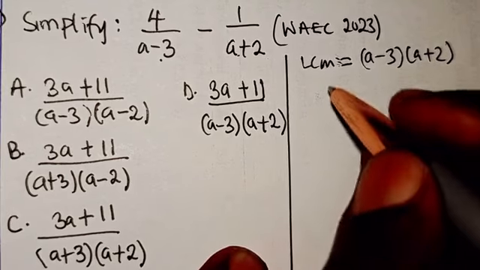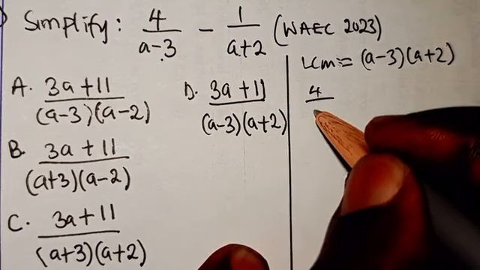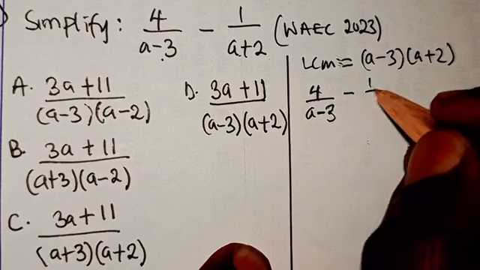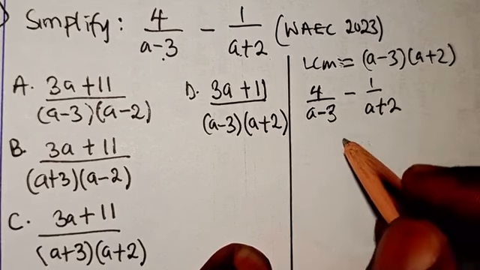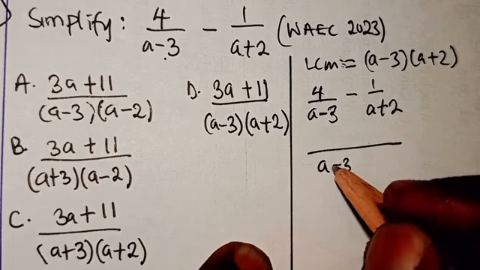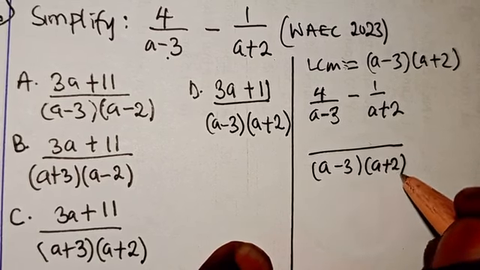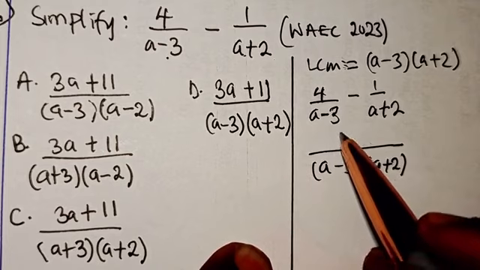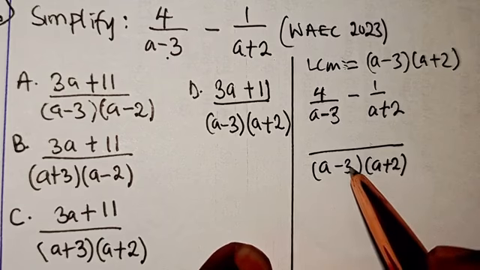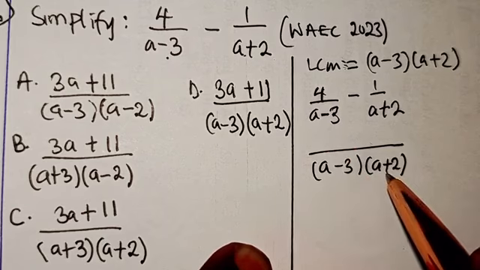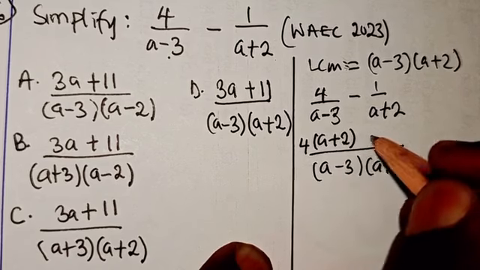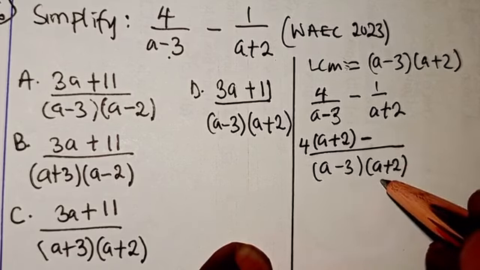So now from there, let me bring this: 4 over a minus 3 minus 1 over a plus 2. So what you are going to do, you find the LCM, which is going to be a minus 3 then a plus 2. So here, a minus 3 and a plus 2, you can see that the a minus 3 we cancel, a plus 2 remains, so we're going to have 4 into bracket a plus 2, then minus, we cancel this a plus 2, we are left with this,